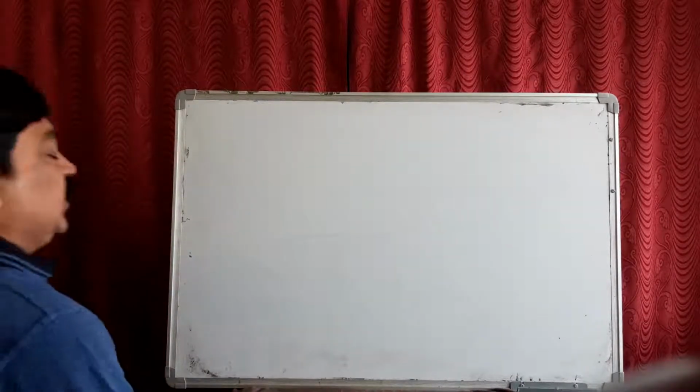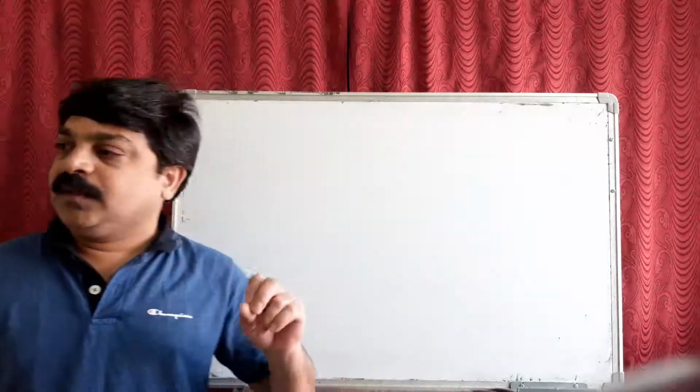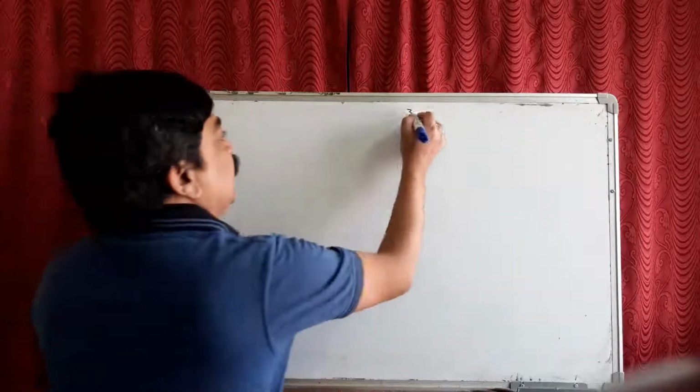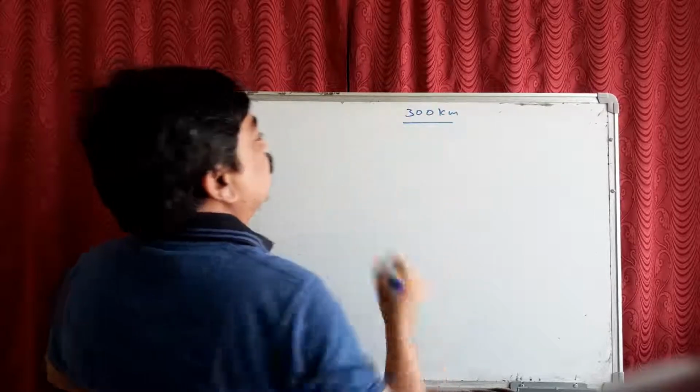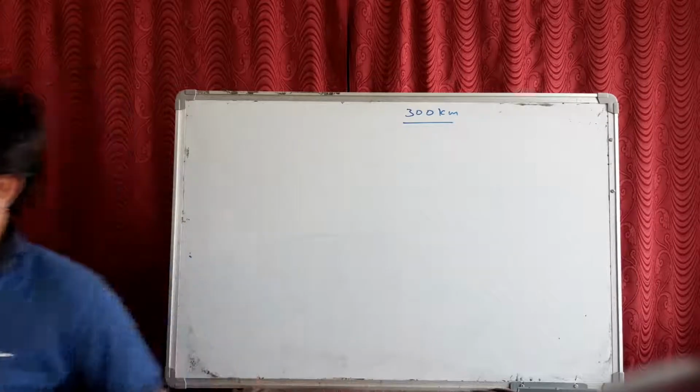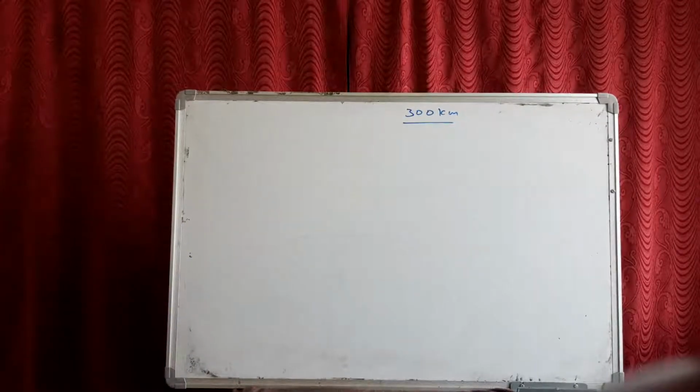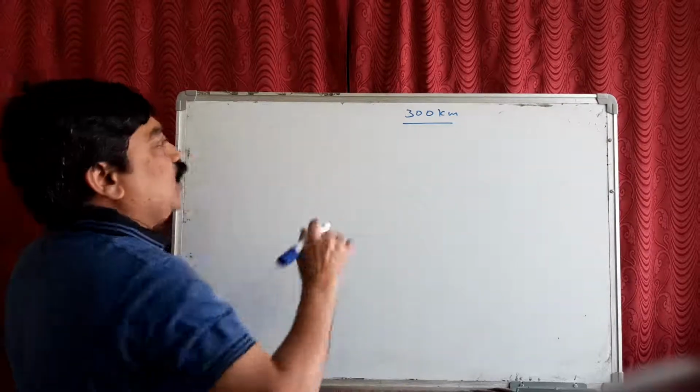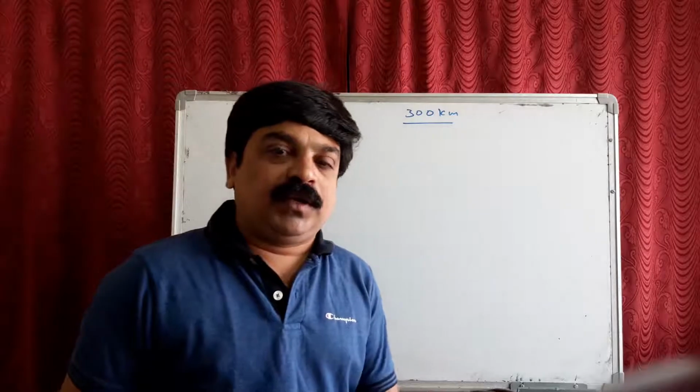See the next question. A person is traveling a certain distance, some 300 kilometers is his target to reach. So some part he is going by train and some part he is going by bus. She takes 4 hours if she travels 60 kilometers by train and the remaining by bus, and if she travels 100 kilometers by train and the remaining by bus, she takes 10 minutes more time. Find the speed of the train and the speed of the bus.